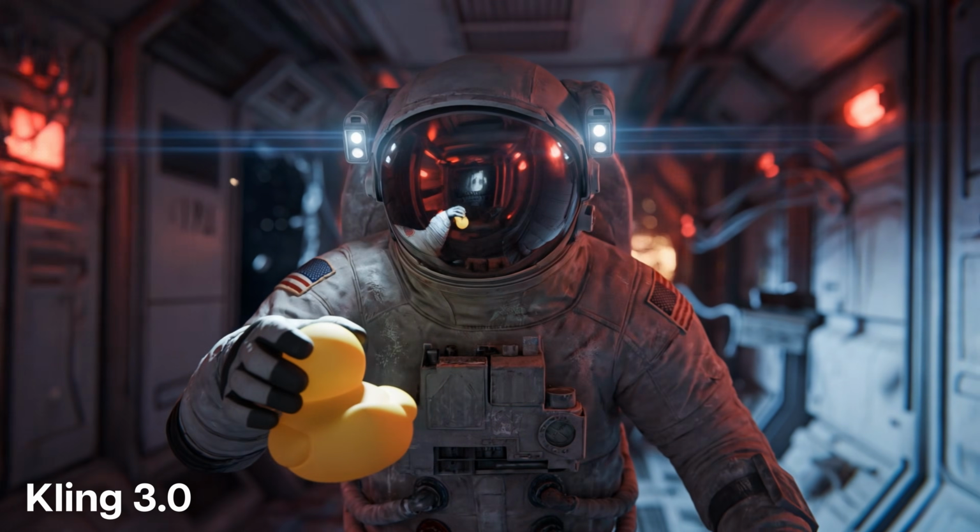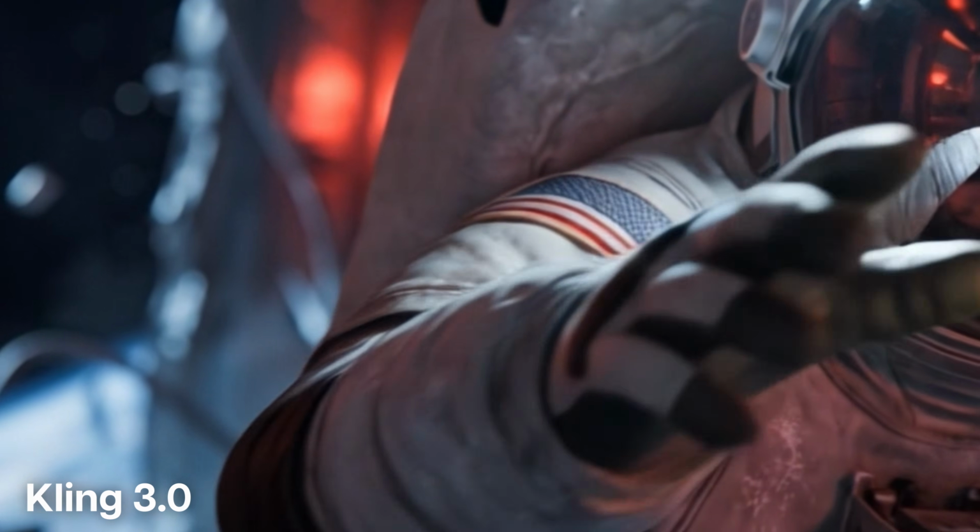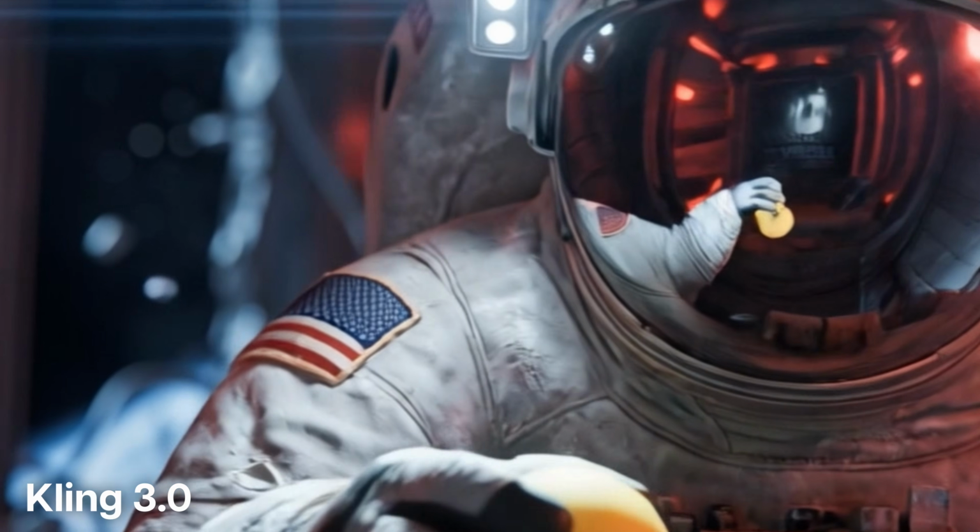This shot is practically perfect. I mean, the only thing that I might nitpick here is that the American flag is kind of messed up. It's a little wrong on his right shoulder. But other than that, Kling wins